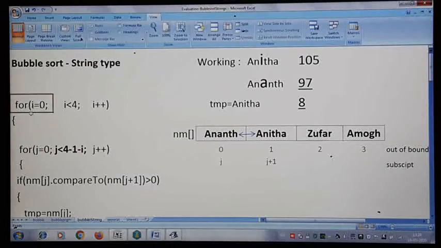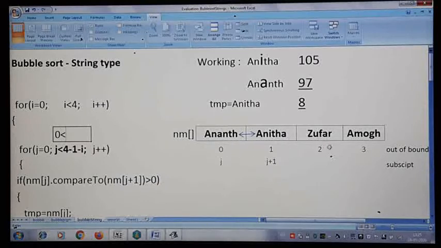First we start with the for loop, repeating for less than 4, meaning up to 3. There are 4 names, and since the index number starts from 0, we go on up to 3. So less than 4 it is, for the outer loop. For the inner loop, as you all know, I explained it in the last class. So j we start with 0, j less than, let me write the evaluation here, 4 minus 1. I told you in the last class why we write minus 1.